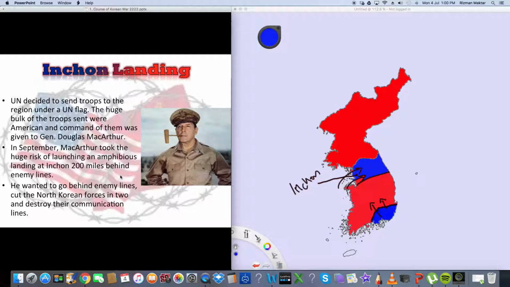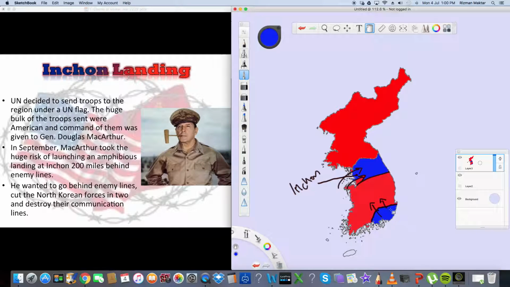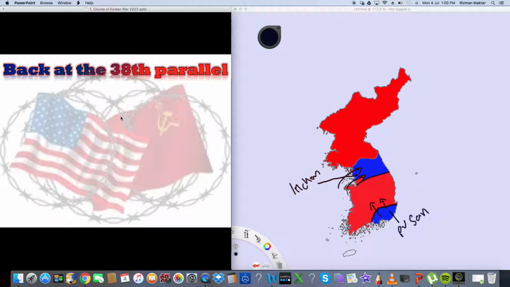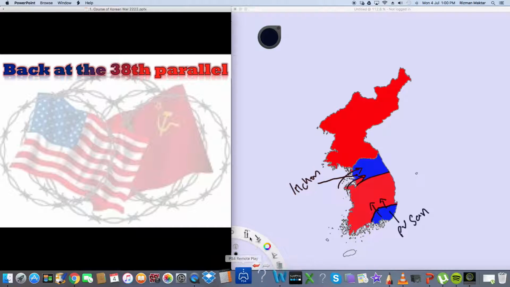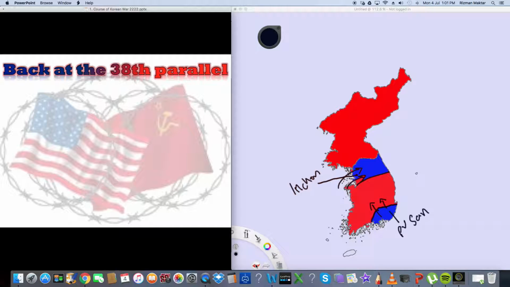You can start to draw this on your map, the Incheon landing. So this is Busan. It was very, very successful. General MacArthur's plan worked very well, and they eventually managed to push back the North Korean forces back to the 38th parallel. So at this point of time, we shall